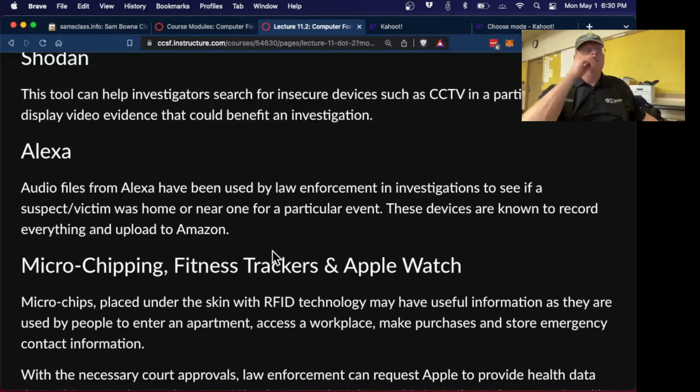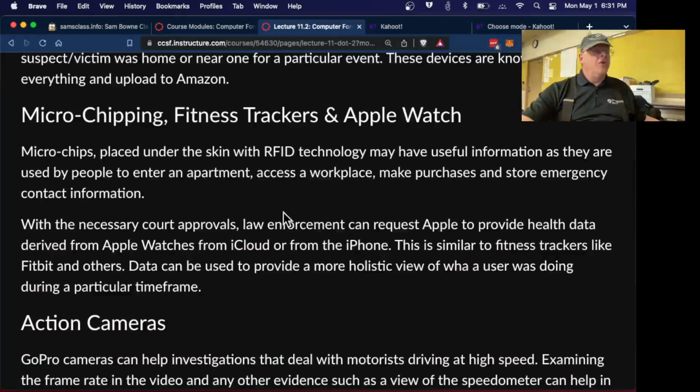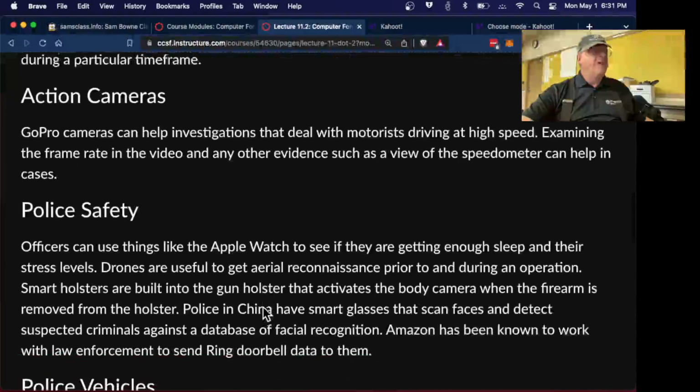Alexa records audio. I think that's the Amazon one, Amazon Alexa. And so these smart speakers were all over the place. And from what I've read, most people have quit using them. I don't know anybody actually still uses them much. I guess one person, but they were all the rage about 2 years ago. And then, of course, the smart fitness watchers and the Apple Watch and everything is keeping track of everything you do. And that's got data in it, too.